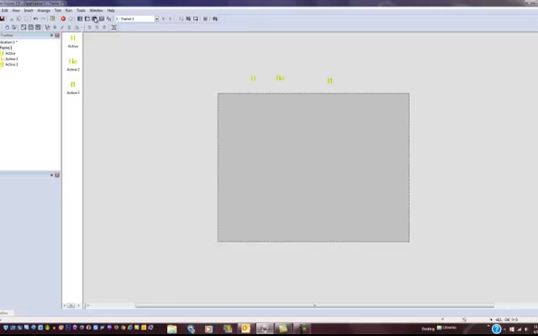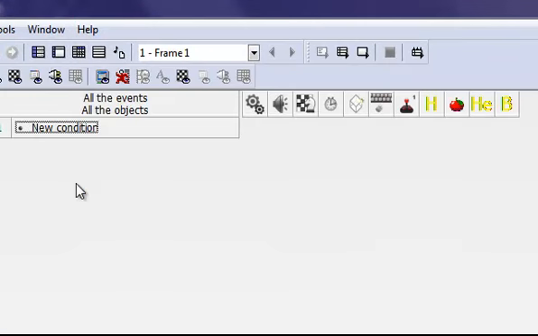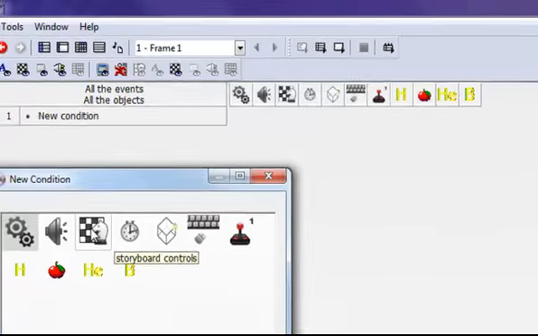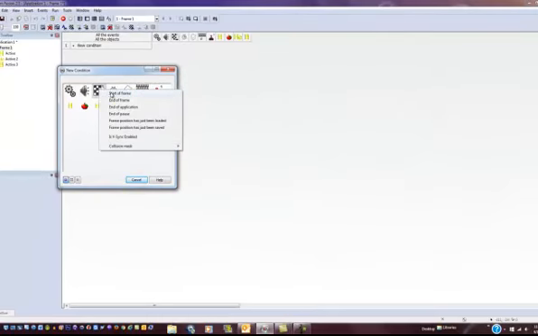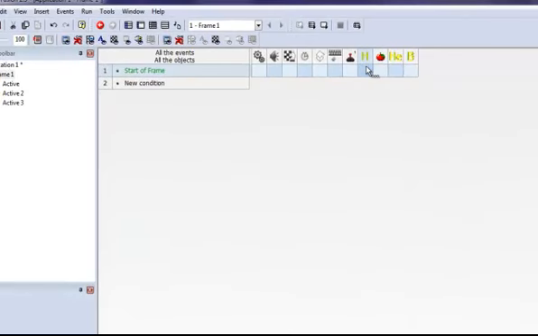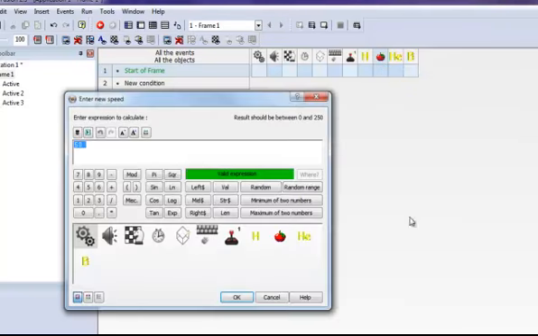Let's go to the event editor where we do our programming. And the first thing that we'll do is at the start of frame, and we'll find that under the storyboard controls, the horse and chessboard. We'll right click, and I'm going to choose as my first condition start of frame, and I am going to set the velocity under movement. I'm going to set the speed to around 15,